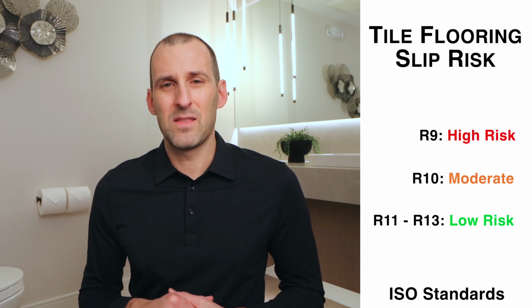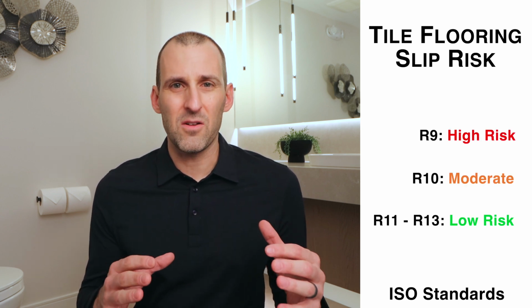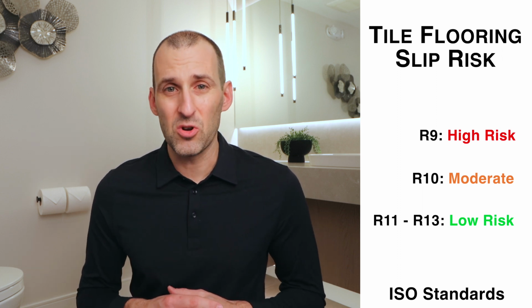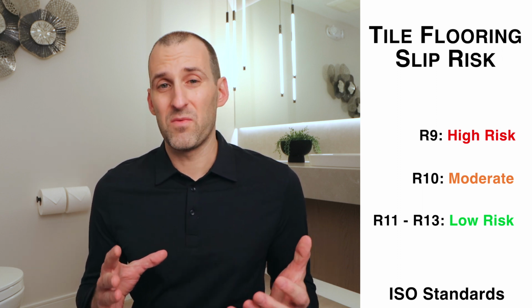Now, if you have something like a bathtub or a shower, well, then you really need to consider what you're gonna put in that space. And the most popular ones are obviously tile flooring. Something to consider with the tile is the slip resistance. Often tiles have a slip resistance rating, and that's something to consider and have a look at. The other thing that you could put in there is vinyl plank flooring, something that's a bit more waterproof as well too, so you don't have to worry about it when you get out of the shower and you